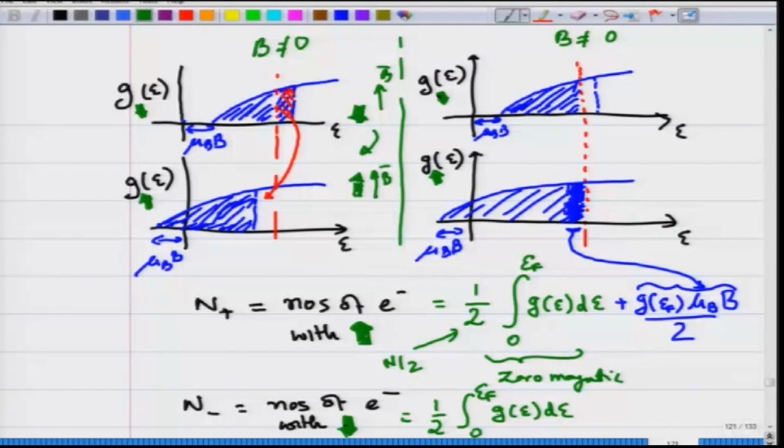Similarly, this is also N by 2, the total number of electrons, all of this is at 0 temperature. So, with respect to this, this many number of electrons is lost. So, that is going to be minus of G of EF, density of states at the Fermi energy, into the energy interval, which is because they have all moved by mu b into b, divided by 2.